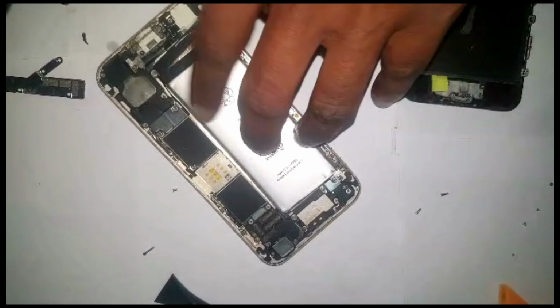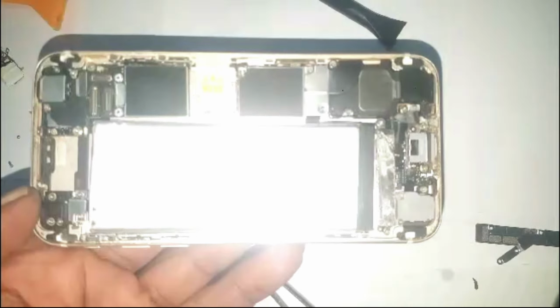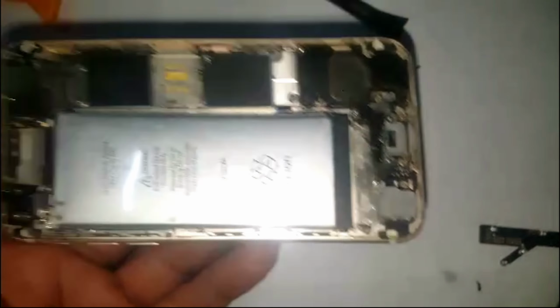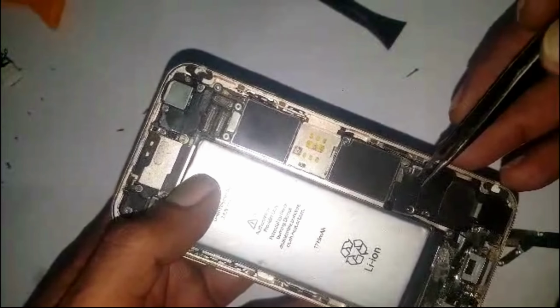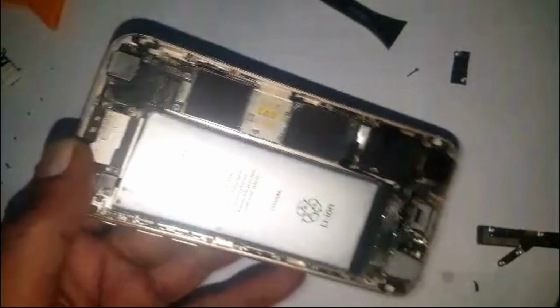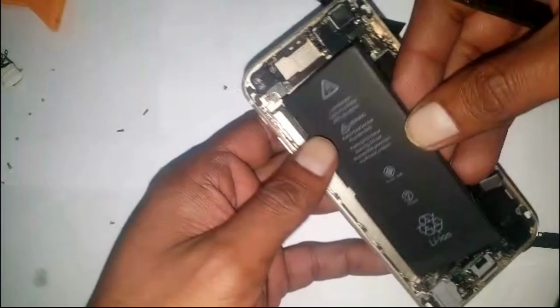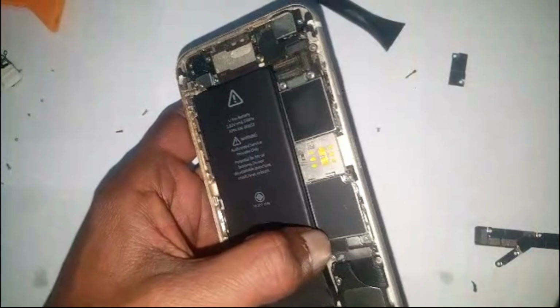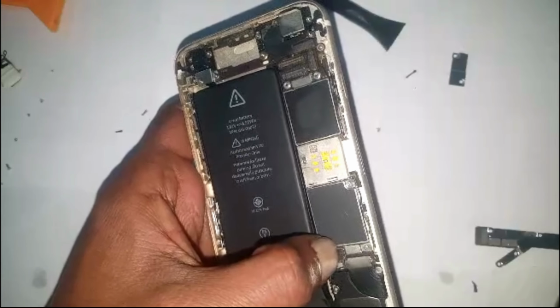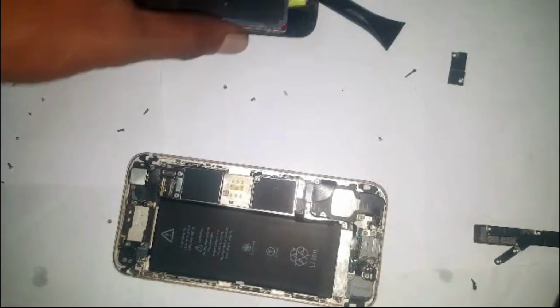And then we're going to open these two screws for the battery. Those screws are off. We can remove this plate. The battery comes out. We're going to put in the new battery, fit it, and put those two screws back, and then we're going to work on the LCD because this is